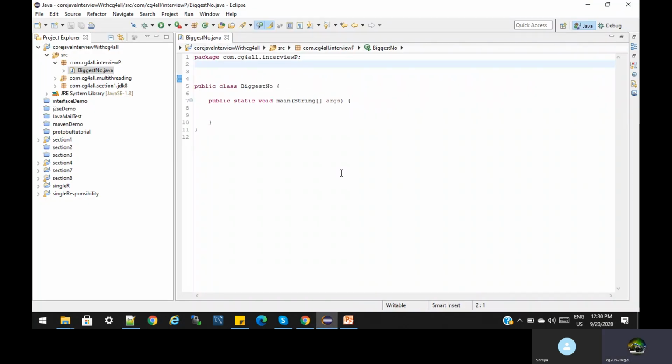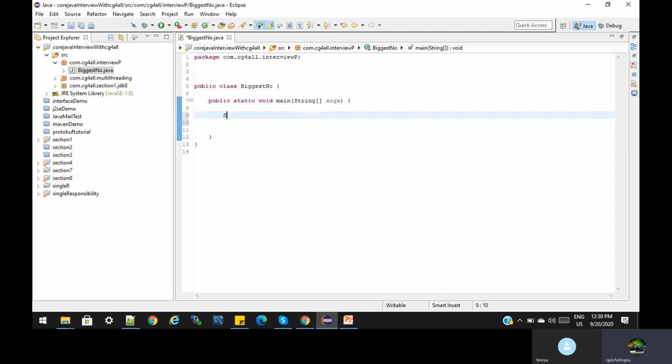I have already created a skeleton of the program. It's a very simple program. I have a class named BiggestNumber, and then I have a main method. The starting point of any core Java program, or Spring Boot program nowadays, is the main method. Now we need the input, so for getting the input we need the Scanner.